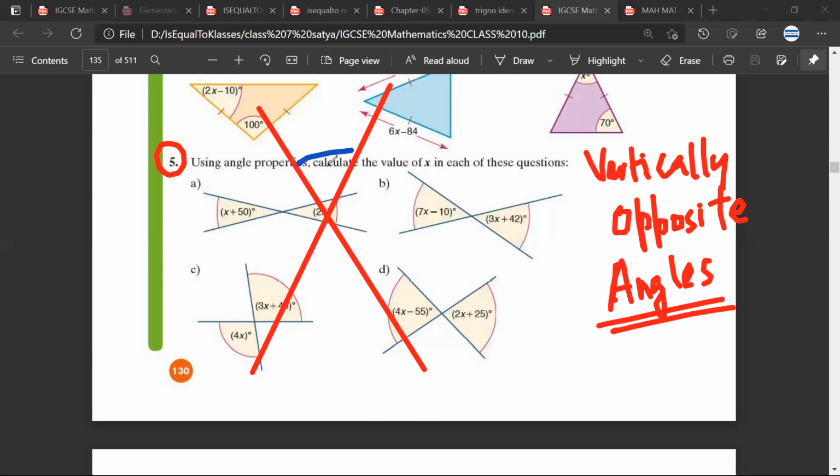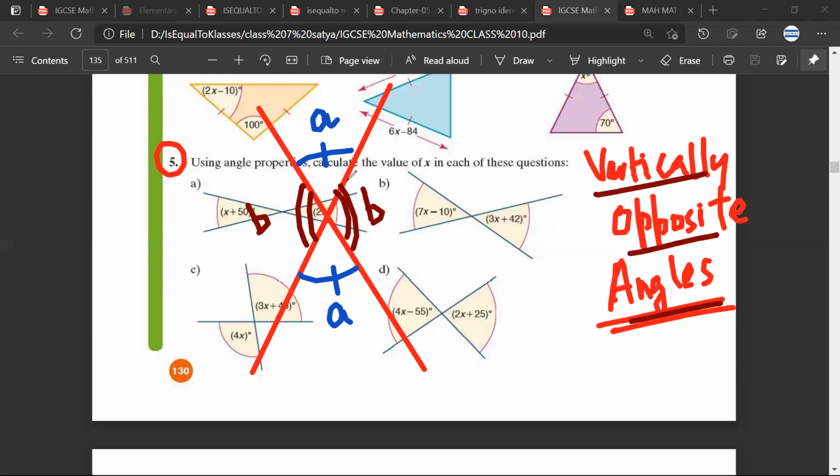Yes, sir. This angle would be equal to this angle. If this is A, then this would be A. So then B and B both. Shabash, very nice. And if this is B, this would be B. Satya, any doubt? No. So these are called vertically opposite angles. So vertically opposite angles are equal. And Mr. Sarthak, angle A plus angle B would be equal to